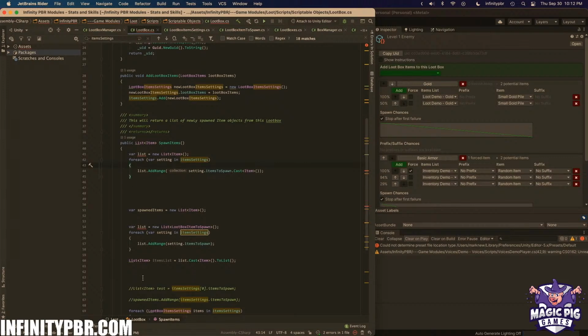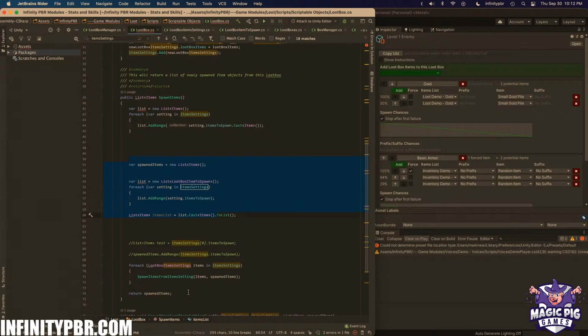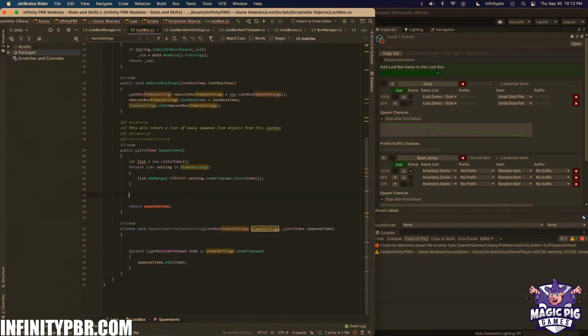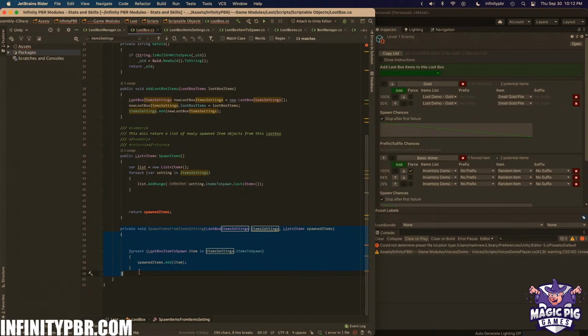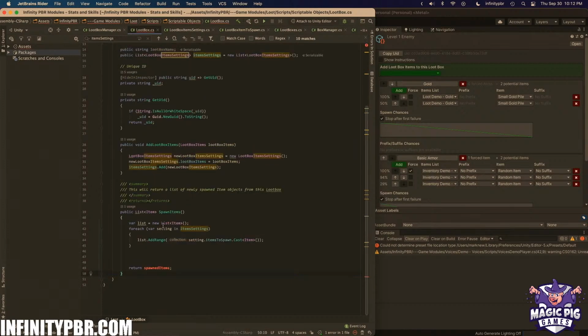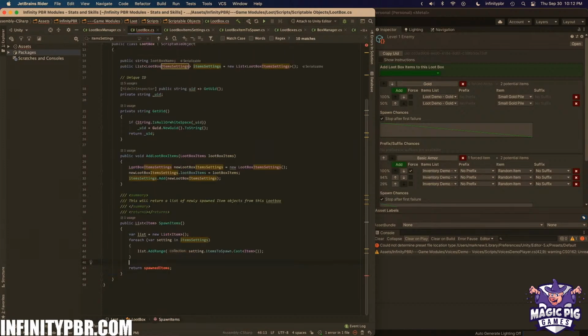So the only difference between these two is that we move the cast up. Here we are adding to the list items to spawn, but now we're adding that cast as an item because we have a list of item. Okay. So if I would restate what this is doing,